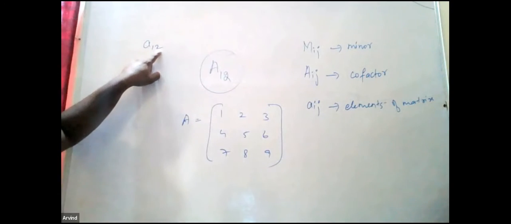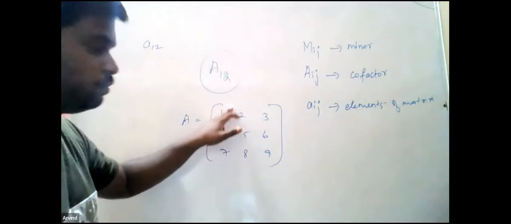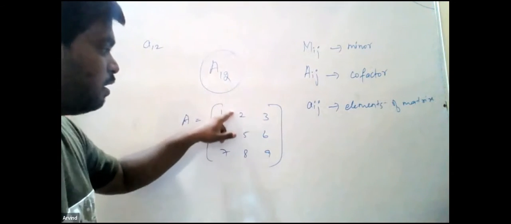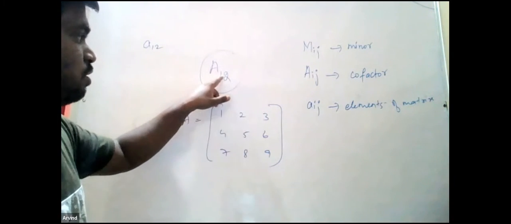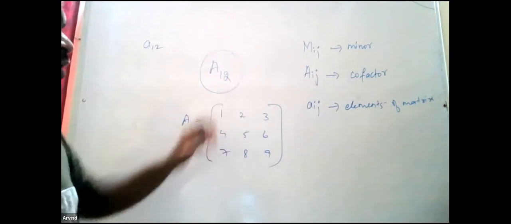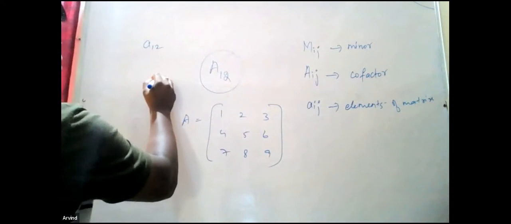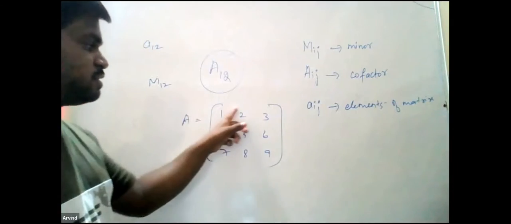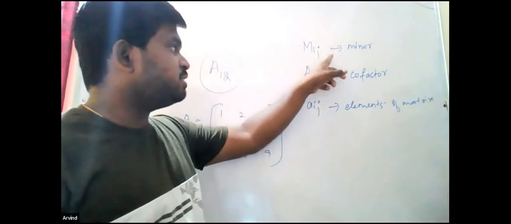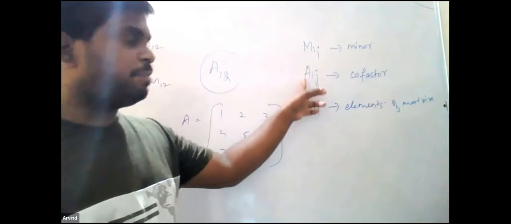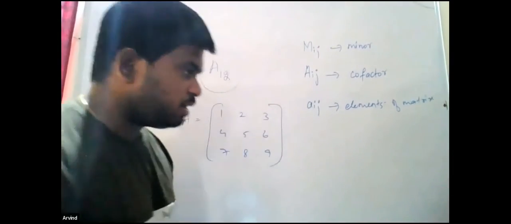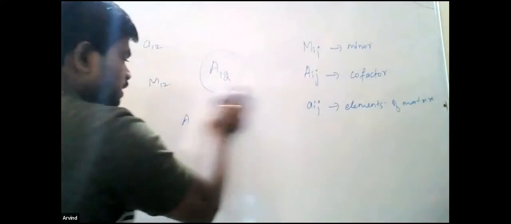What is the number there? It is 2. But capital A12 means cofactor of the 2. They are asking the cofactor of the element in the first row second column, which is 2. Same thing, M12 means minor of this. So remember, if you use capital M it is minor, if you use capital A it is cofactor, if you use small a it is elements. And there is a very important rule, okay, that is